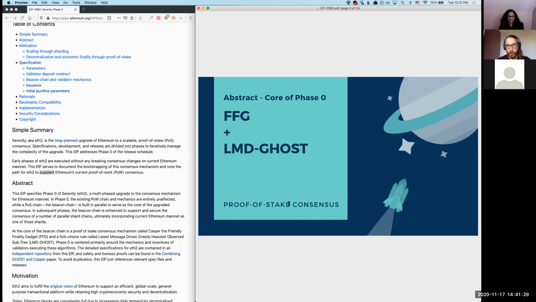Essentially in any blockchain protocol, we have a chain, but we don't actually just have a chain. We have more of a tree, and we find a single chain. What we all agree on is the head of the chain and is the state of the world. In proof of work, that's relatively simple. You just find the heaviest chain, the chain with the most work. In proof of stake, we have to use validator votes and weight and stake to find the head of a chain, and that algorithm is called LMD-GHOST. So really what we're trying to accomplish here is the execution of these algorithms in a live environment.